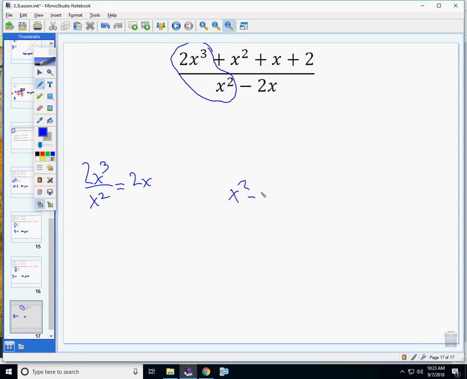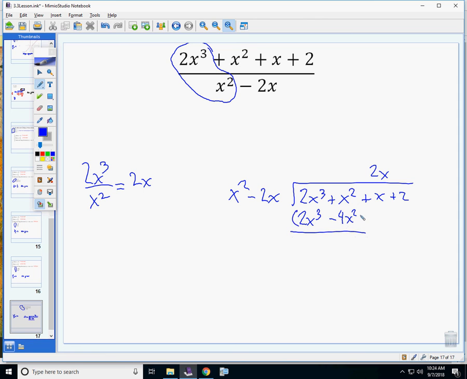So I've got x squared minus 2x going into 2x cubed plus x squared plus x plus 2. I divided them already and I got 2x, so I'm going to put that up on top. Multiply that through the front, so we get 2x cubed minus 4x squared. Then we subtract. So these go away and you get x squared plus 4x squared, that's